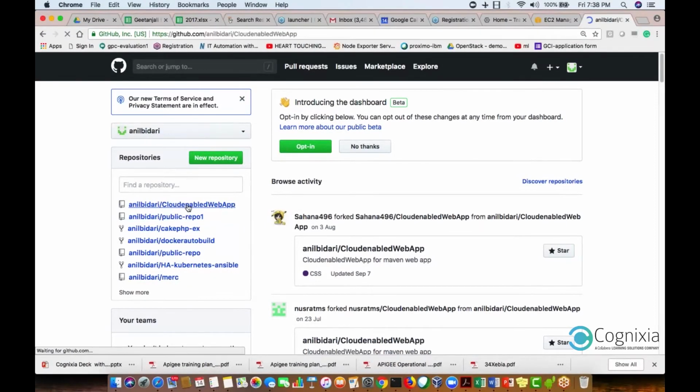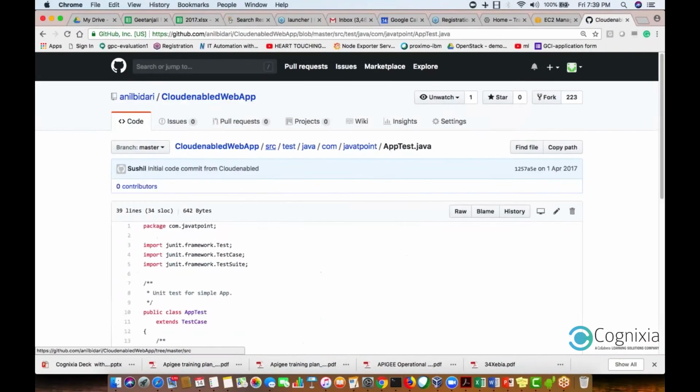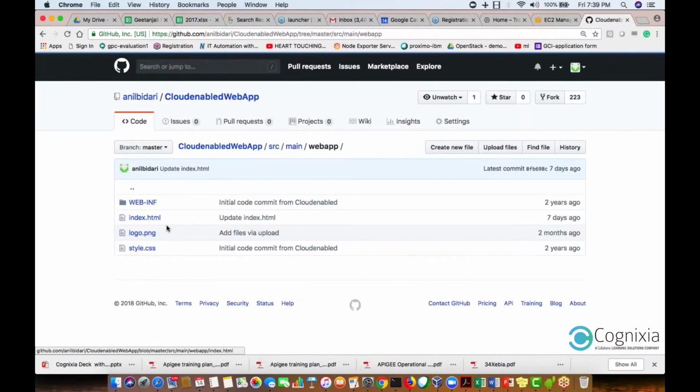So what we use GitHub for is to store all our source code in one place, right? And then it also has HTML files which it has to stream, like the index.html, the logo of my company, style.css and all of that. So this is one place where you can store. It's completely free of cost. You can create a repository,